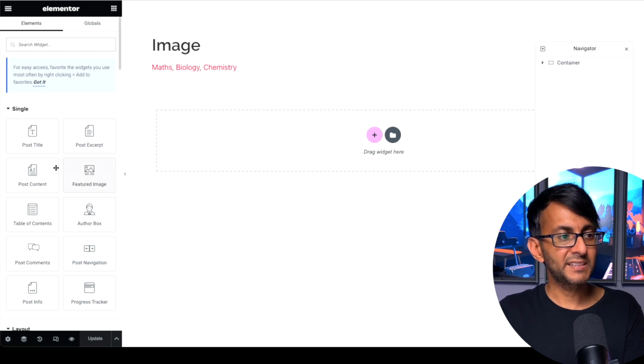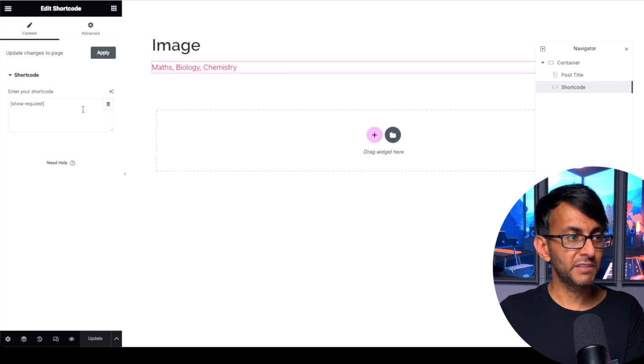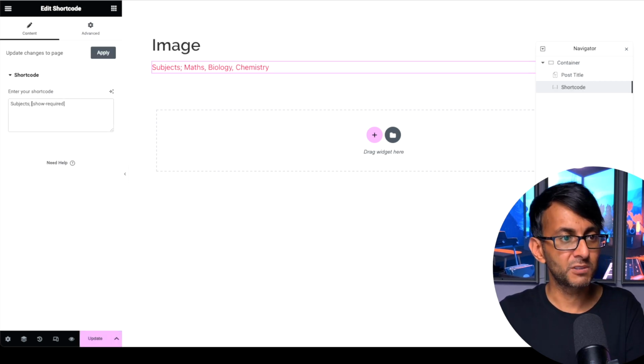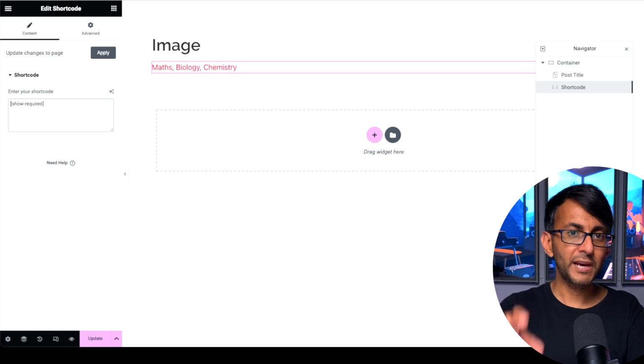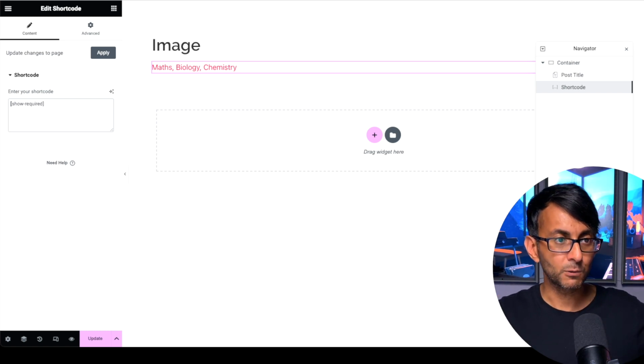And if you wanted to add in another heading field above that said subjects, you could even go over here and pop in the word subjects like this before as well. Obviously, bear in mind, we've done a color change over here. But there's so much you can now do without resorting to a premium solution to show the repeater field